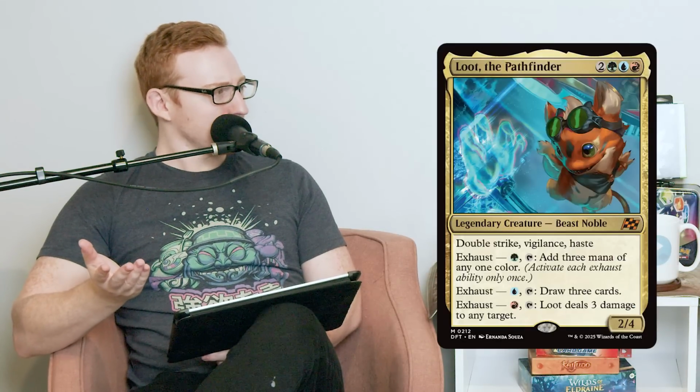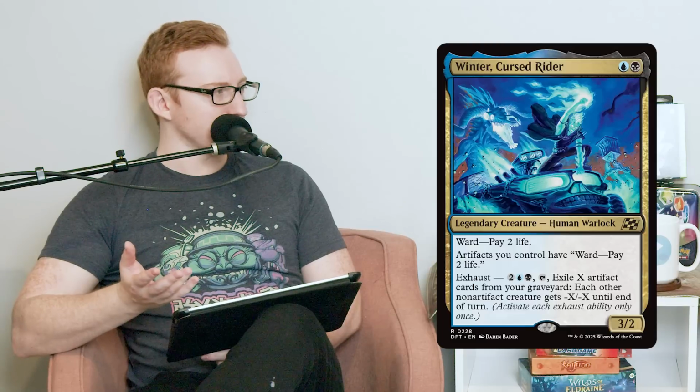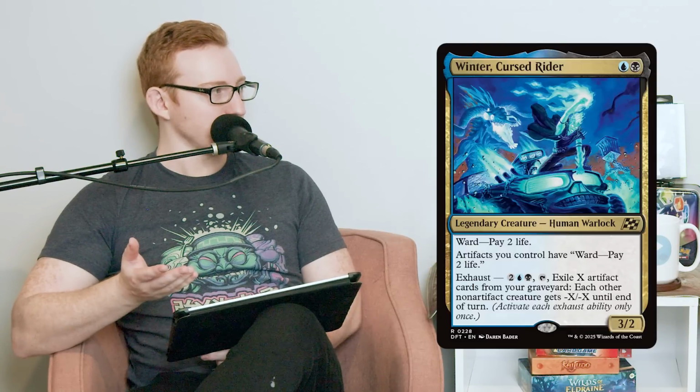Yeah. And exhaust, I mean, it's not even really a secondary resource. I guess it kind of is in a way. It's just a creature ability that you can use once per game. Sort of. And I remember reading this, with my layman's inexperience of Magic, I was like, oh, you just have to remember that you used that ability once in the game. And you told me, no, you can use that multiple times. It's once per instance of the creature. Which is too complicated to write on the card. Well, no, that's like a rules...